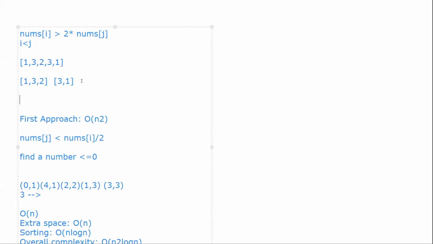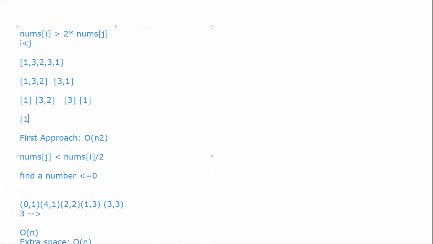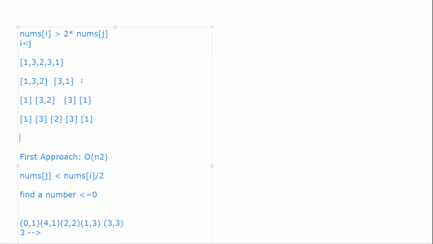Again, you split this first array. So let's say 1 and 3, 2. Yeah. And again, one more split. Now you can check, you had a split on these two, 1 and 3.